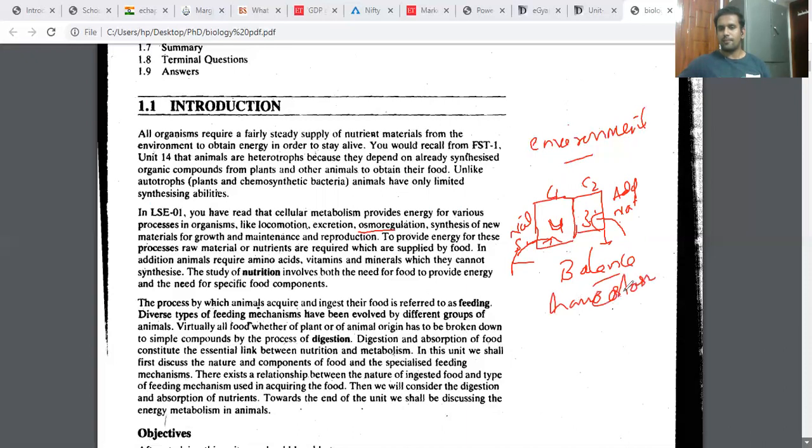Homeostasis means maintaining stability. Then when this situation comes, what happens? Active transport takes place. What transport takes place in our body? Active transport. The body will understand that some cells are having less and some cells are having more, so I should start working on it.